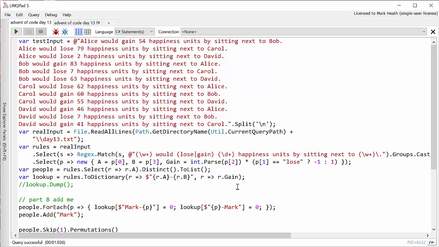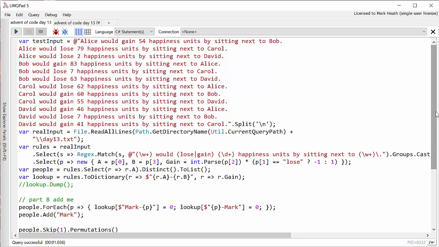So once we've worked out these rules, we can get a list of all of the distinct people. So that's just selecting the names from the rules and calling distinct on them. And we can also make a dictionary to look up for every pairing what would be the happiness. And there's a few ways I could have done this. I chose to use as a key the two names with a dash between them. So the key will actually be Alice-Bob and Bob-Alice, with the integer gain amount as the value of the dictionary. And I'm able to use this nice C#6 string formatting syntax, which just makes our code a little bit more